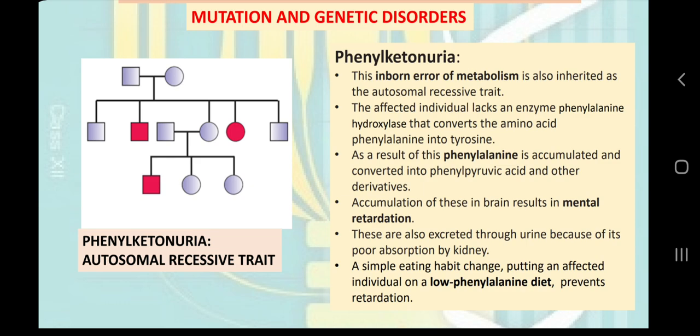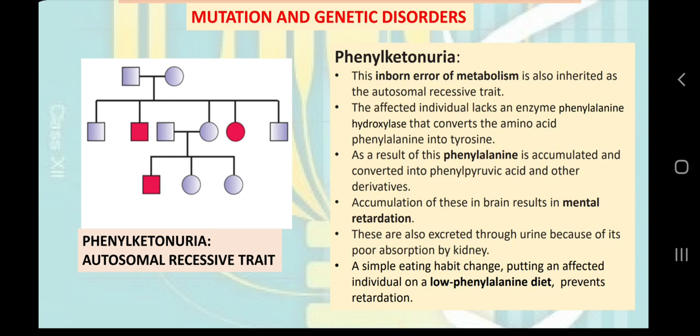So the discovery of this connection between genes and enzymes, or between genes and proteins, is related to phenylketonuria. Archibald Garrod was the scientist. You can search on the internet and you will find many interesting facts that he was the pioneer of the work from gene to protein. Previously it was called inborn error of metabolism. What happens is very simple: it is related to the metabolism of one amino acid which is called tyrosine, and in that metabolism there are many steps guided by many enzymes, which you have learnt in the metabolism part of biomolecules in class 11.